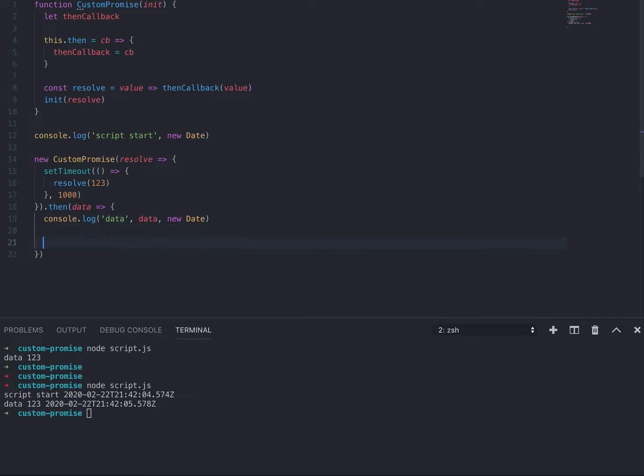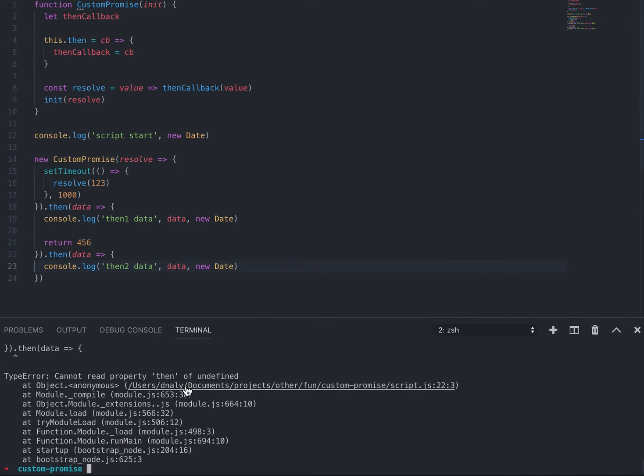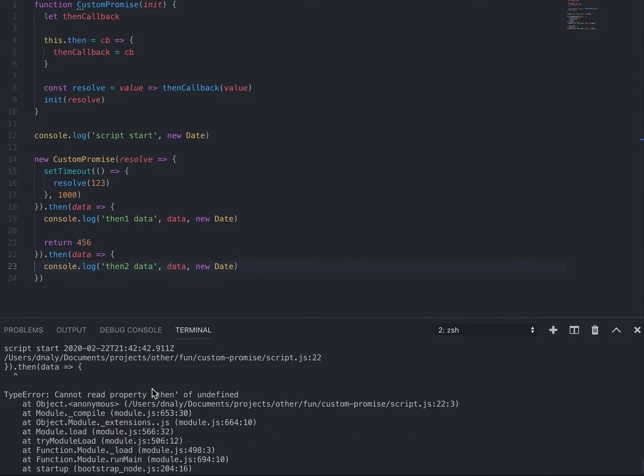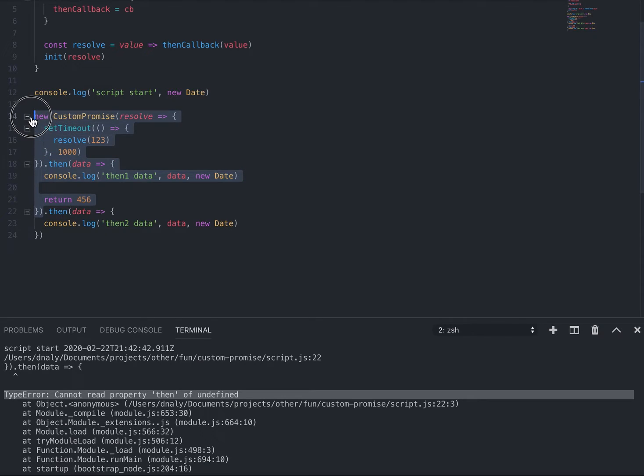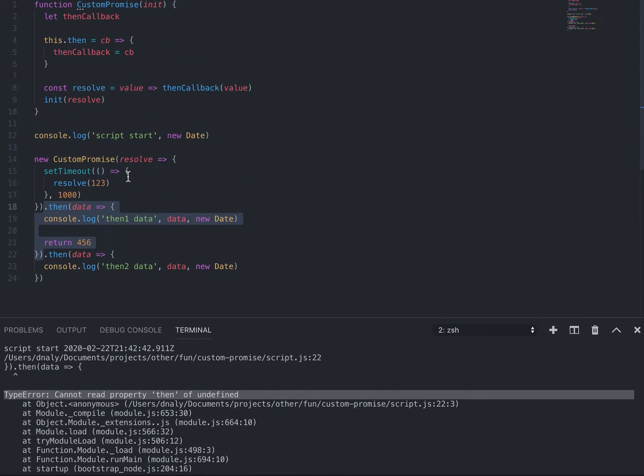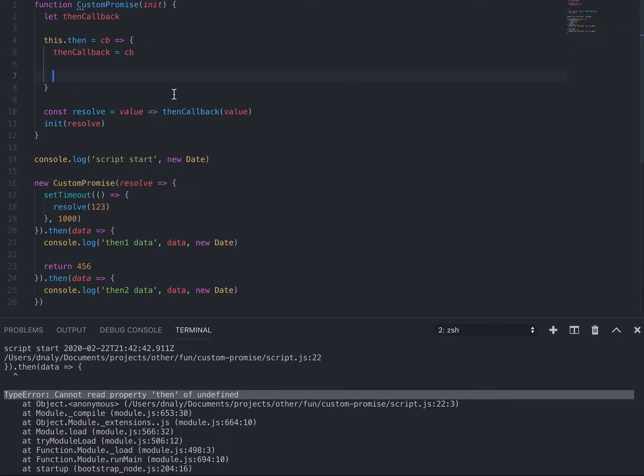Okay, then let's try to make the chain and return the next value, and let's try to grab this value here in the next node of our chain, so it will be then 1, this will be then 2. Okay, as I expected, there is an error which says that then can't be read because it is undefined. So basically it says that this call dot then, this method call, returns undefined, and that's obvious because there's no return statement in here. And what it should return, it should return some object which has a then function, and basically